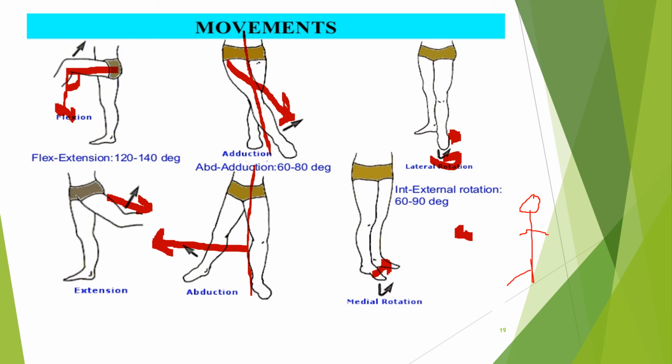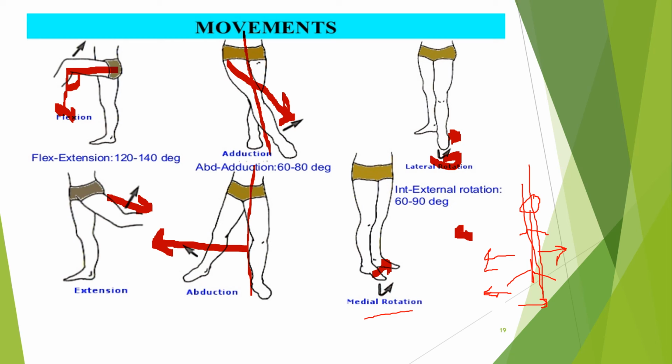What is the leg? Okay, so this is the middle line. This is the middle center line, and these are the lateral side of the person. So when we discuss the lateral rotation, the leg is rotated toward the lateral side of the body, and when we see the medial rotation, the leg is rotated toward the middle side.